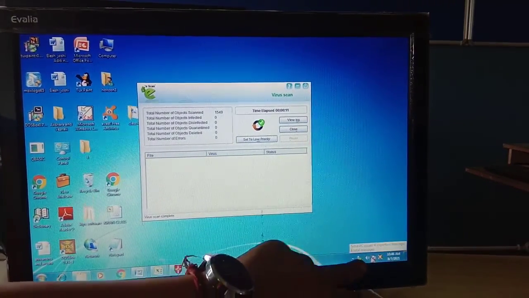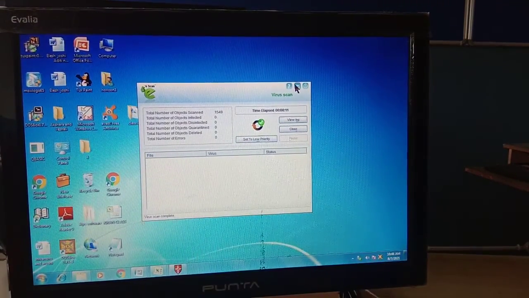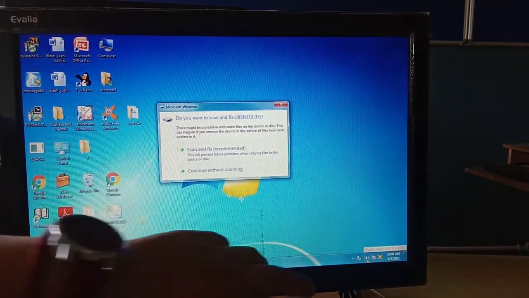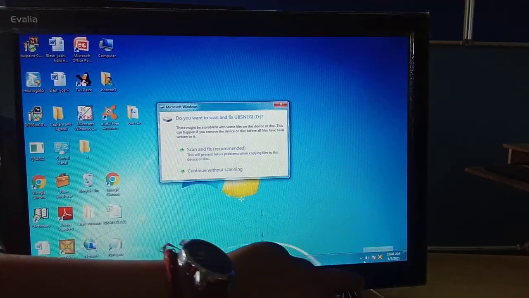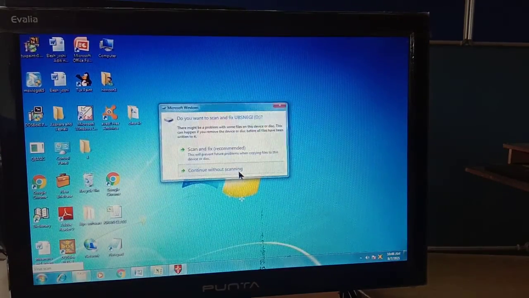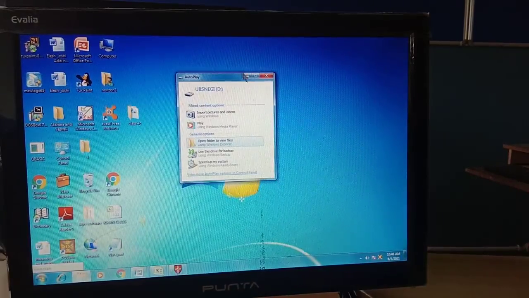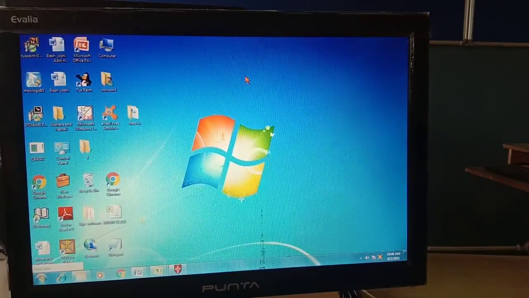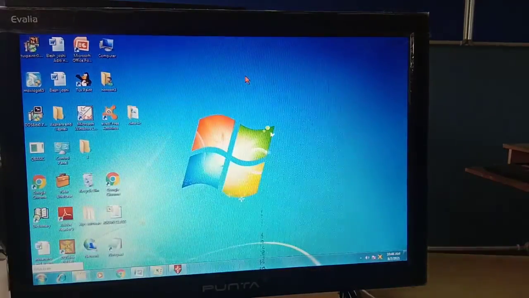So that's why this area is called the notification area. Whenever some new changes come in your computer system, this notification area will notify you. Okay, student. So this is the notification area, and this is your desktop.